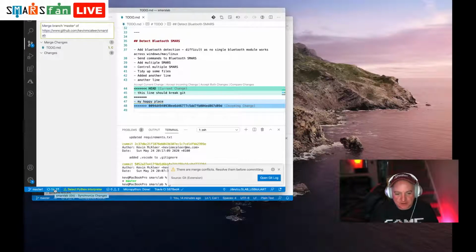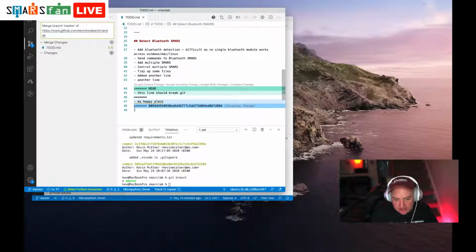There we go. So the merge of the master branch has detected that there is a conflict. You can see there is a merge conflict to resolve the conflicts before committing. And you can see there it's got this less than arrow, and it's also got the greater than arrow down there. So the head is our local master version. We typed in the line should break Git, and now that equals means that's where the changes end, that's where the differences end. And then on the remote version, the incoming change, you can see there in blue, my happy